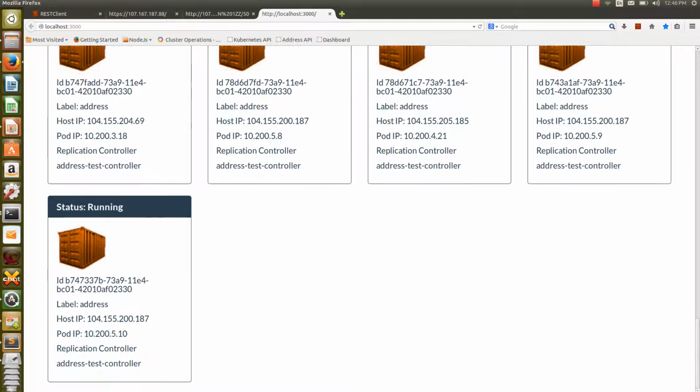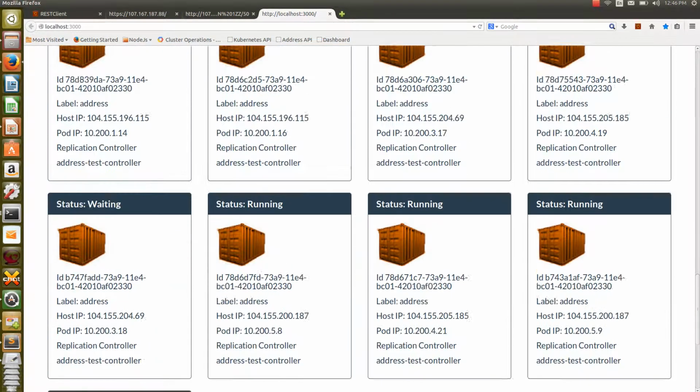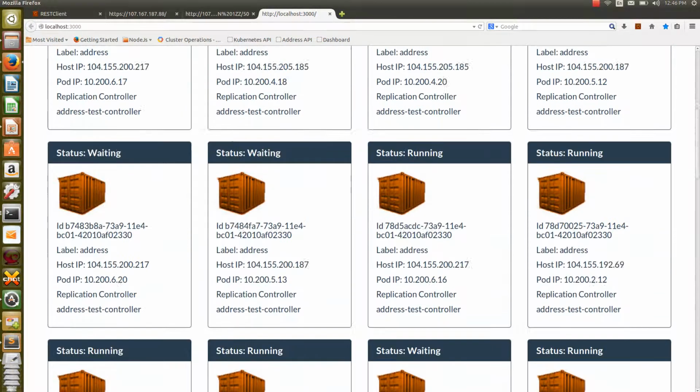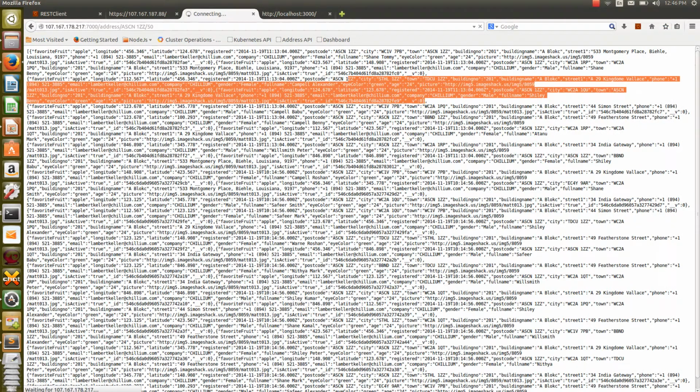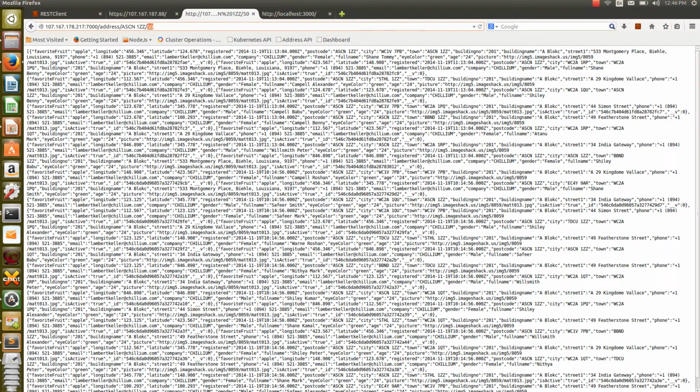Now we can see that all the 25 are up, isn't it? It has not taken a minute. So you are able to see all the 25 containers at a time. It's just running. So you can scale up and scale down anything whenever you want. I'm still able to access that without any failures.